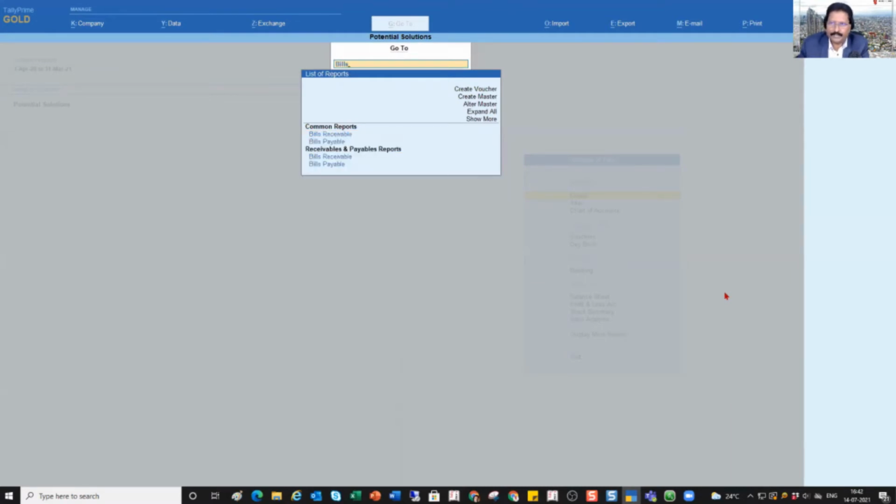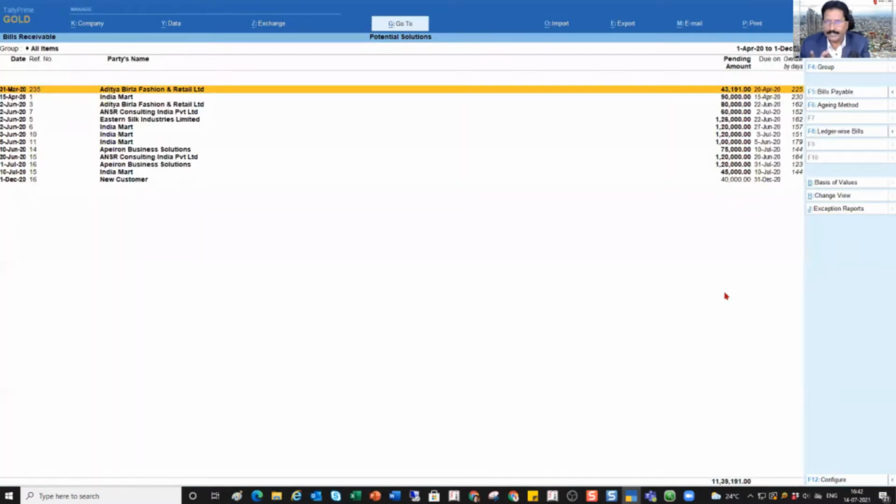So bills. So you already have this, enter, and it is now going to give you the list of pending bills of all the parties based on your voucher date. So you will see this. It starts from the older date or from the earlier date to the current date. Okay, and it is going to give you the list. So here, if you notice, you have India Mart where there is one bill pending which was raised on 15th of April, then on 2nd of June. So this way you will see this same party getting repeated based on the date on which the invoice have raised, and this is what is your invoice reference.